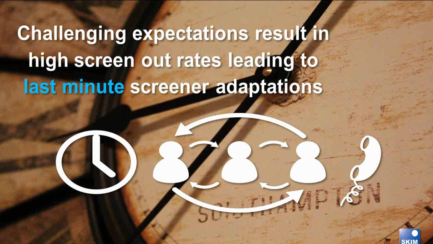So I take you through the screener, which sometimes takes maybe 10 minutes or even longer. And after a couple of questions, I realize that you are not the right respondent, that you do not match the screener totally. Just maybe because you don't see the minimum number of patients or just a couple of patients less, or because you prescribe just a little less than mentioned in the screener. Well, I'll have to finalize the screener and finally tell you that, thank you very much for your time, but you don't match the screener.